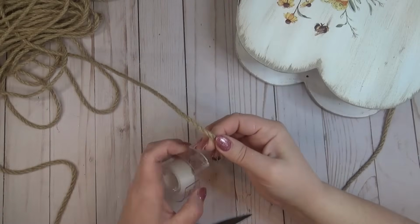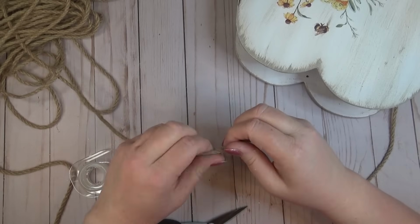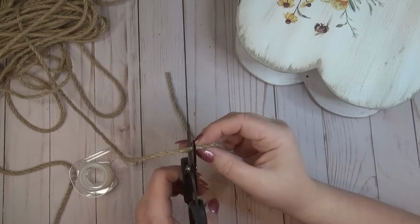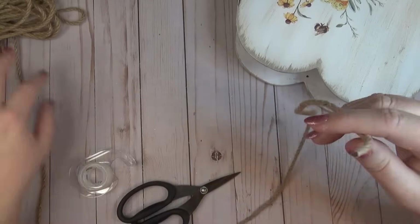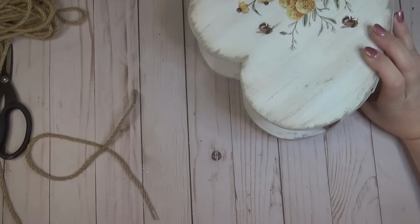I'm using some thinner jute rope to act as a hanger for my container. I get this from Amazon. It's a little bit thinner than the stuff you can get from the Dollar Tree. Anytime I'm cutting a length of rope that I'm going to glue to the inside of something where you're not actually going to see the ends for it, I like to take a piece of clear tape and wrap it